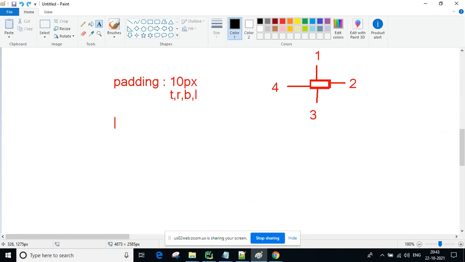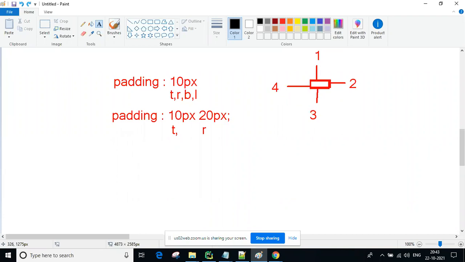Okay now, remember this one carefully, guys. Next, padding 10 pixel 20 pixel, like you are writing 10 and 20, which means the first value belongs to top, guys. First value belongs to top. Second value belongs to what? Number two belongs to right. Second value, right. Okay, then what about bottom, guys? Bottom you are not giving, and left also you are not giving. Then obviously what is their top side value? That is coming to the bottom. What is their right side? That is coming to the left side.